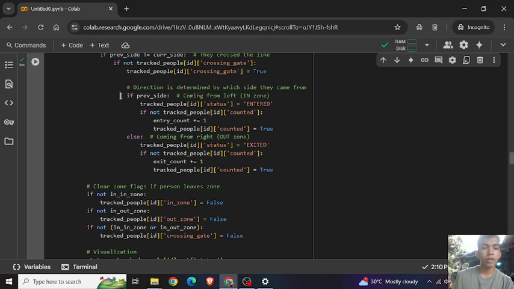So in this line, if the sides are different, the person crossed the gate. Then this line ensures we only count once per crossing.